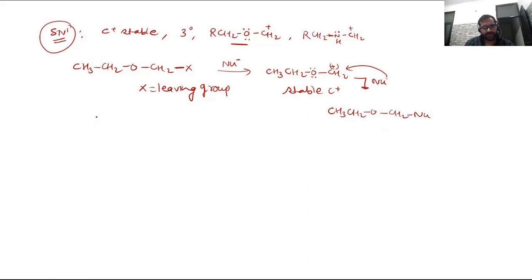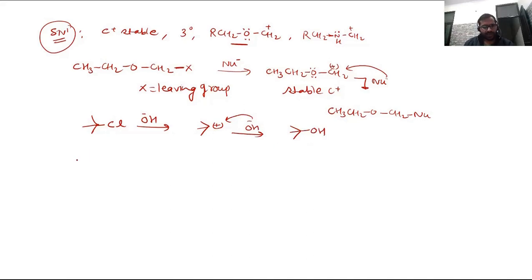Similarly, we can have another example, that is tertiary butyl chloride. If I add any nucleophile like aqueous KOH, then OH- will come as the nucleophile, and before OH- attacks this carbon, this C-Cl bond will cleave out, because we are getting a stable carbocation. That is why before the nucleophile attacks, we get this carbocation. Now OH- will attack here, and we will get our final product.